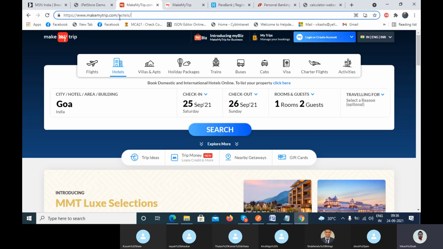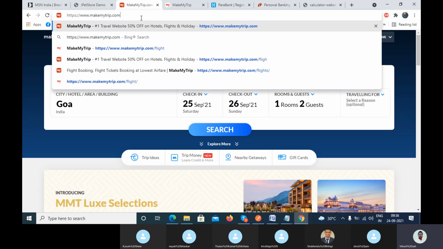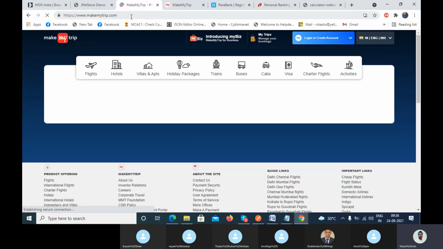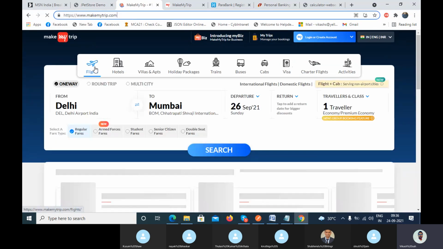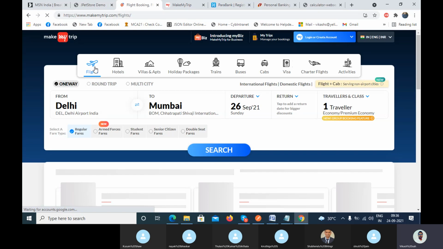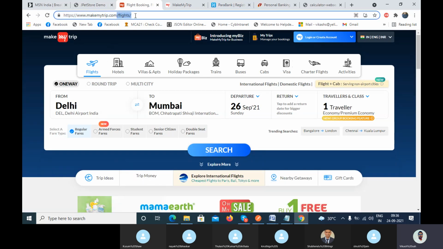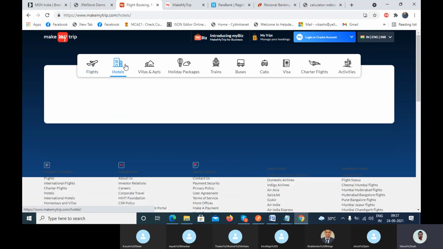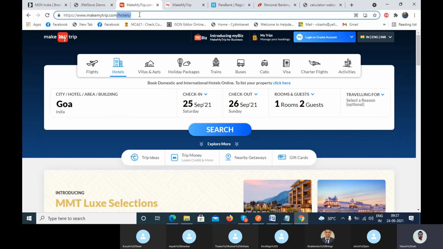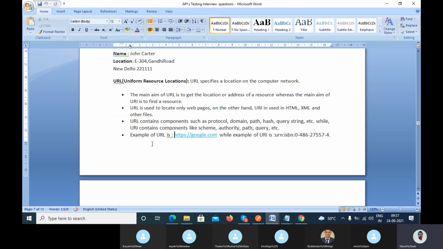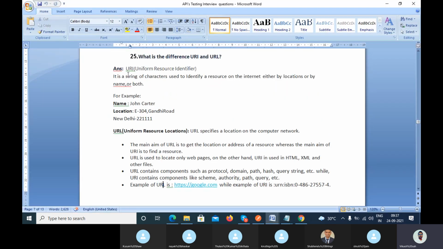Let's suppose this is the MakeMyTrip URL. Inside this URL, if you click on the flight, we are taking the help of a URI, Uniform Resource Identifier, which identifies the flight. If I go to the hotel, it identifies the hotel. So this is the URI, Uniform Resource Identifier.